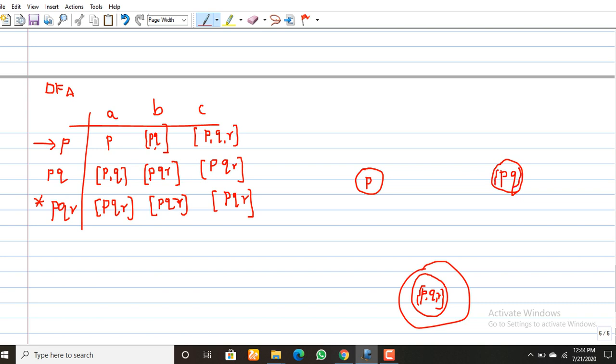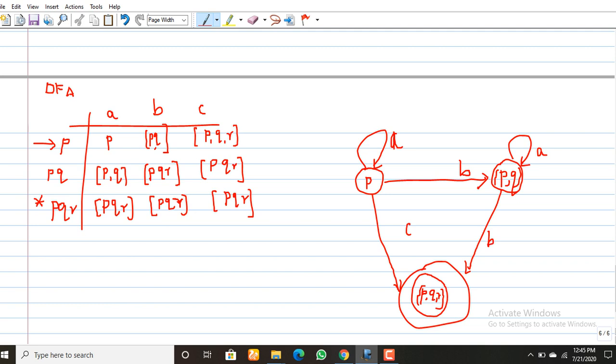You have to draw this now. So P receiving A goes to P only. P receiving B goes to PQ. P receiving C goes to C. From P, it has transitions on all of A, B, C. From PQ, on receiving A, it stays in the same state. PQ on receiving B goes to PQR.